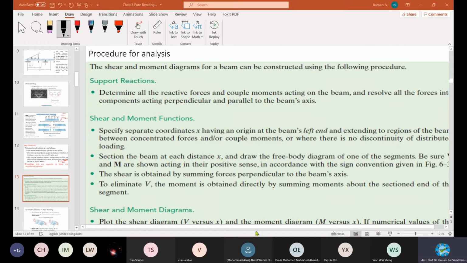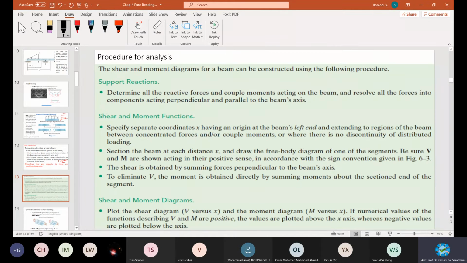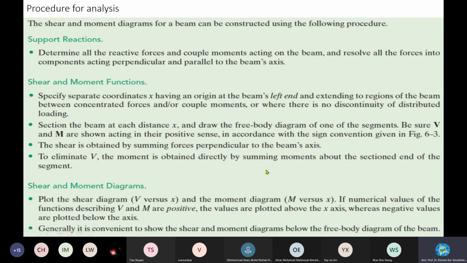Attend all classes. I'm making it very simple so that you can understand. I'm not teaching in a very hi-fi or advanced way that gets you complicated. It's a simple procedure. It was there in your textbook also. You can follow how to find the shear force and bending moment diagram, given the loading type and the supporting conditions. Let me take this one.